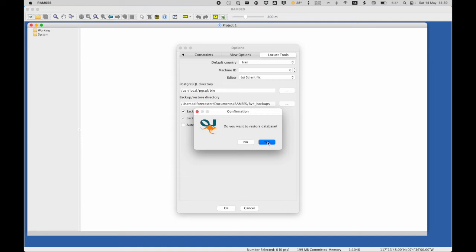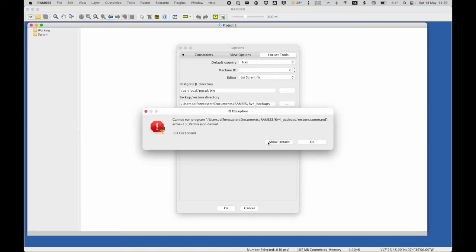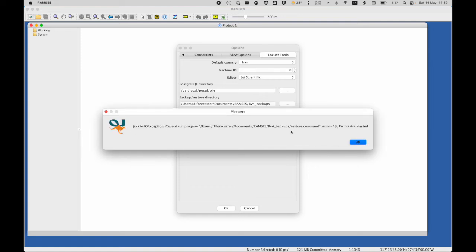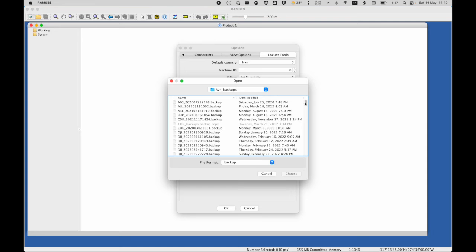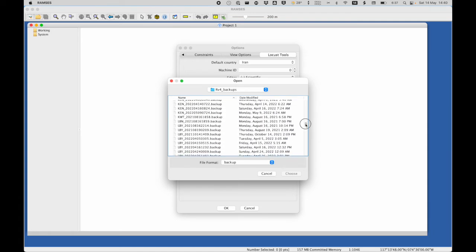We say yes. Okay, and sometimes you will get an error message, which makes no sense, of course. Okay, but don't worry, you just tap on OK. Okay, it'll say that it could not do it. Again, you tap on OK. You get something that says permission denied. Just tap on OK. Don't worry, don't panic. Okay, and try again. So again, tap on the restore button, go down, select your